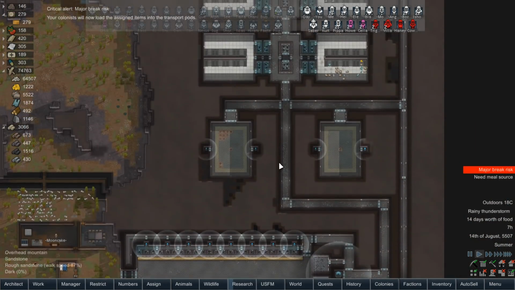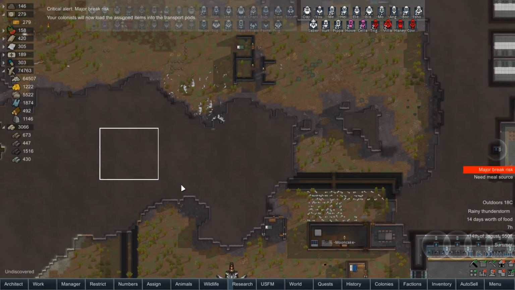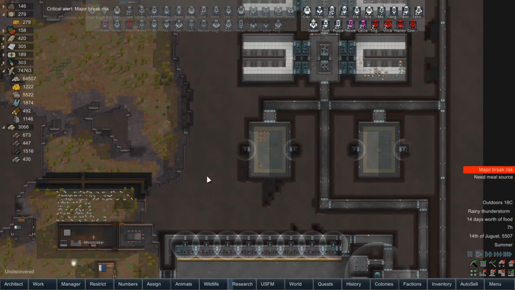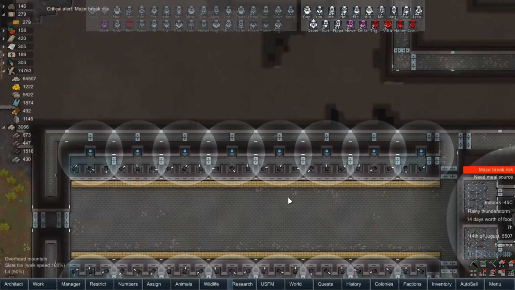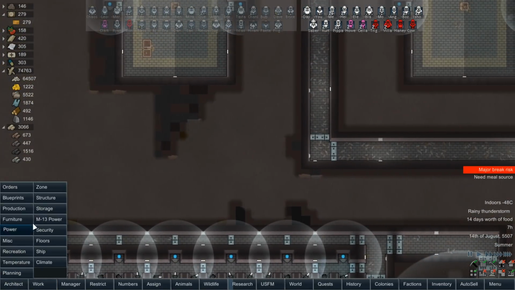So for our mortars, we're going to have 2 different spots for mortars. We're going to have Ryan's little hidey hole here, and also a bigger one within here. So the best way to go about this would be to...